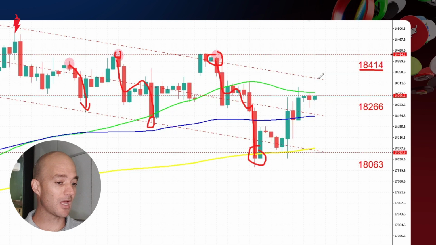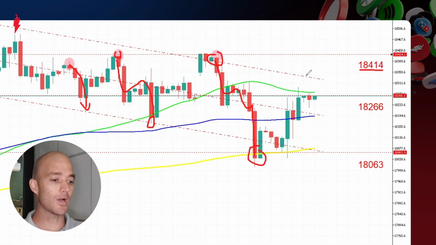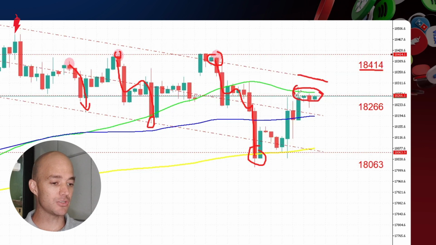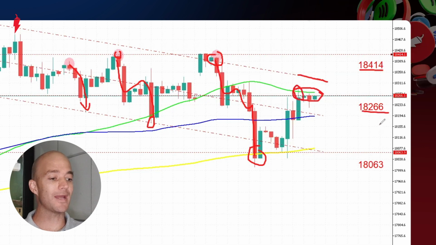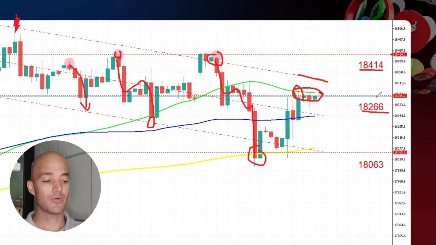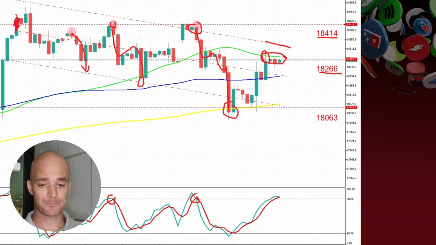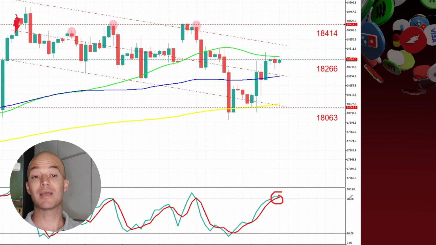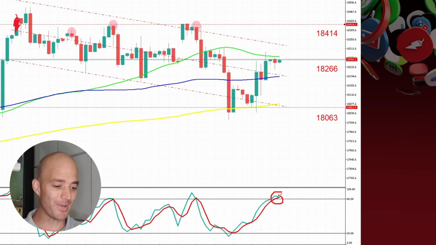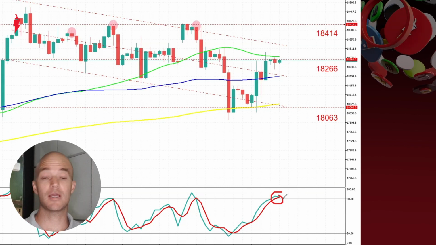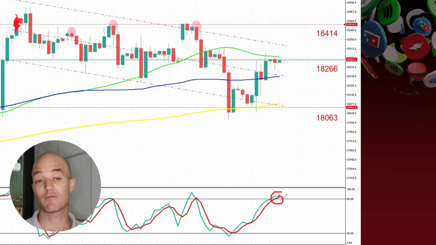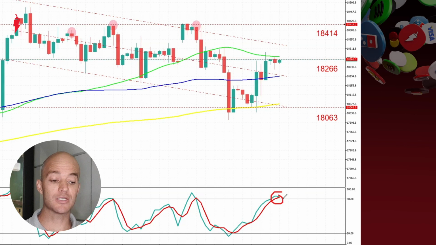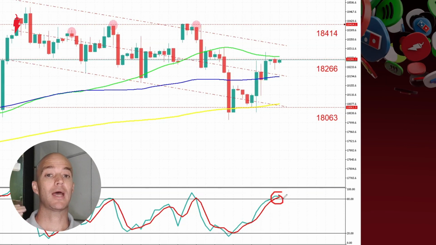It's above the middle line, halfway on its way to the upper trend line, and we have this nice rejection. You can see those long wicks of the 18266 resistance level. Now with that, the stochastic at this stage is overbought, meaning above 80, and it's about to cross. It hasn't crossed yet, so you will need to make a decision for yourself whether you want to enter a little bit earlier or